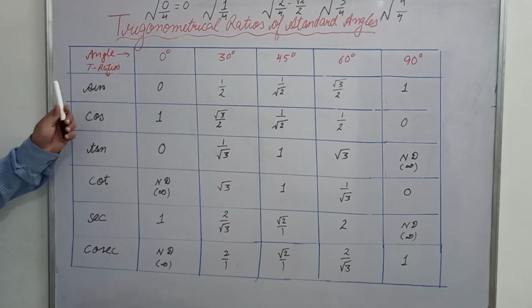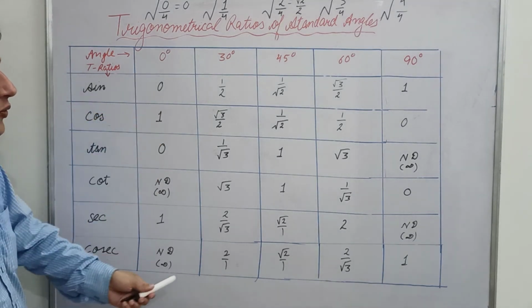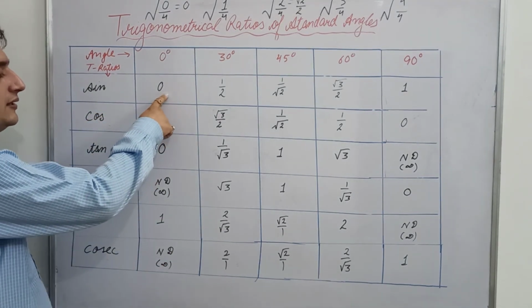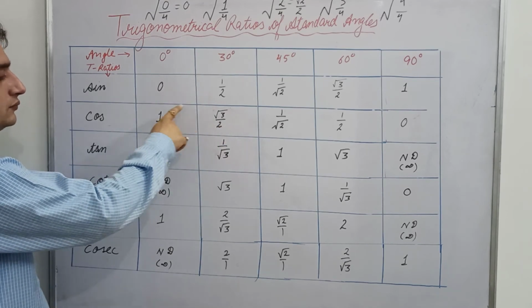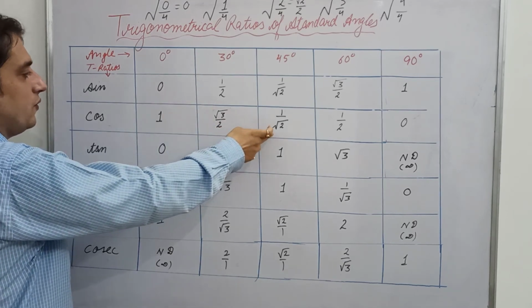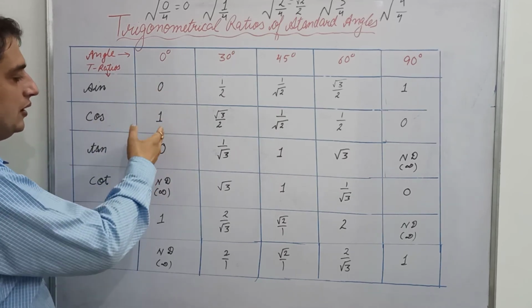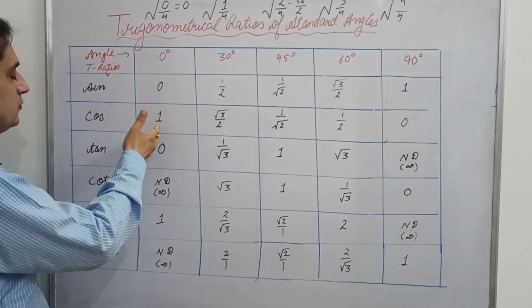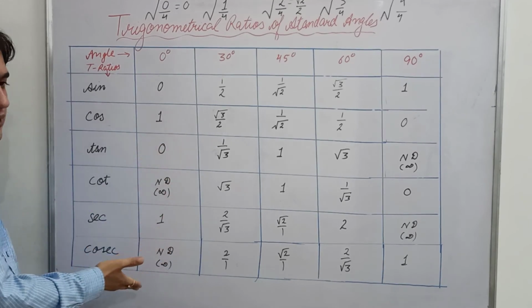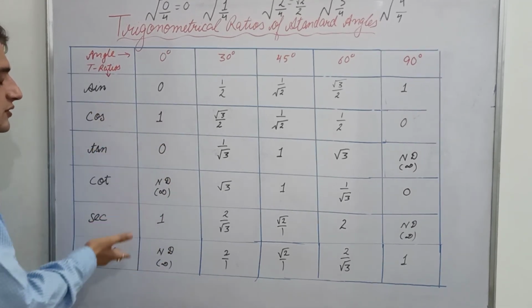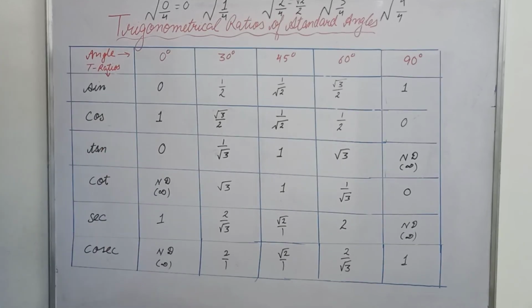So once you know the value of only sine, there is no need to make the table. You just take the complement of the angle. If you want to find the value of cos, just see the value of its complement in the sine t ratio, and then divide the t ratio of sine by the cos to get the tangent, and you know the reciprocal relations of these 3 t ratios, that is sine, cosine, and tangent. So this is the table for the values of t ratios. So just remember the values of sine.